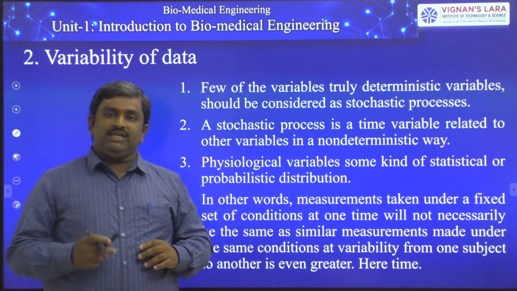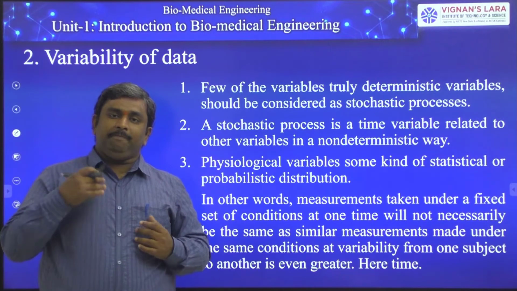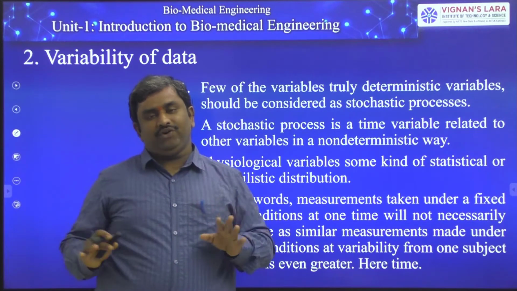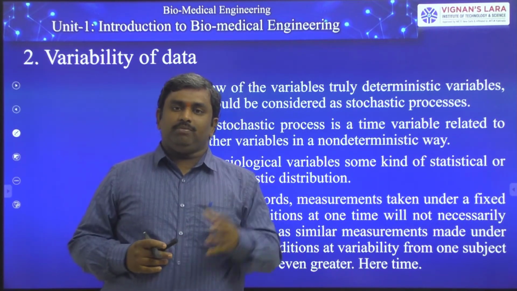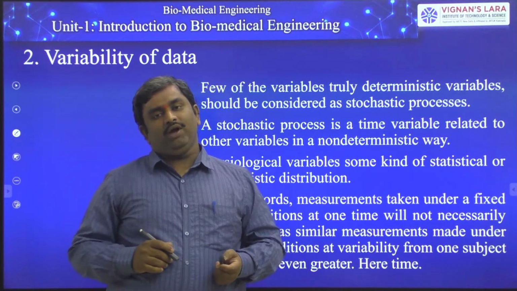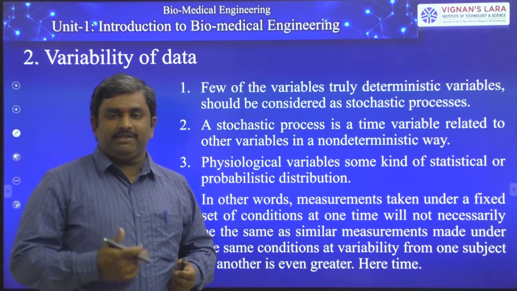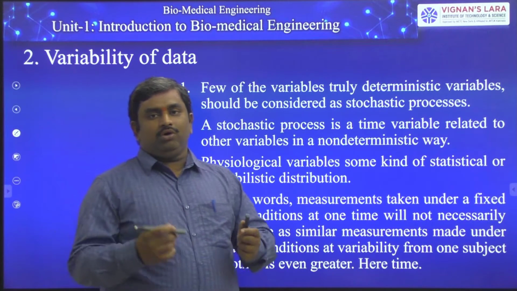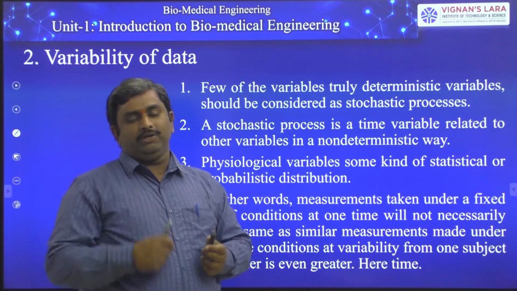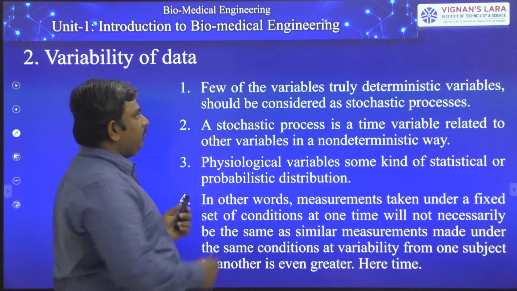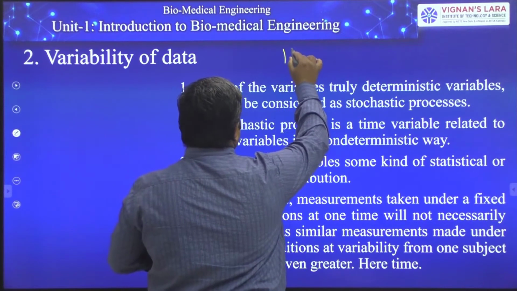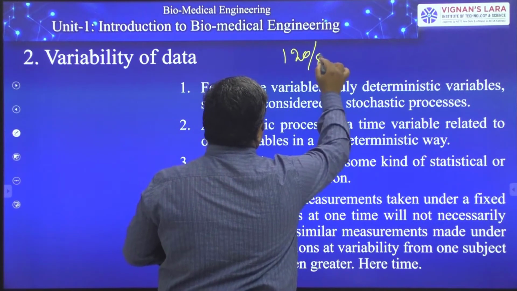Like that, for example, if a patient is there, that patient's energy levels are also completely different from morning to evening. So in the morning, if you are verifying the blood pressure, you connect an airbag and measure BP. Now the BP value comes like this. Actually, the BP value is 120/80.